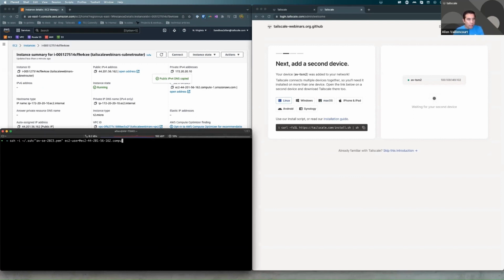Make sure I have the right information here. We're going to paste this. All righty. For those familiar with the command line, using the terminal in your own environments, this is your standard